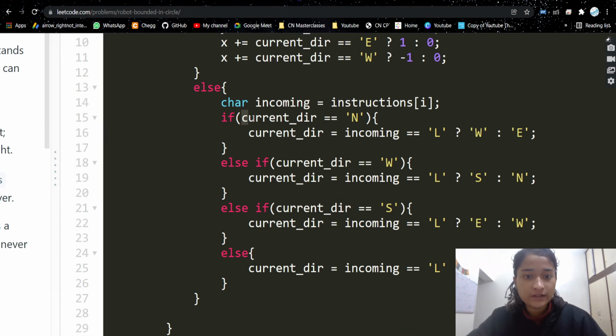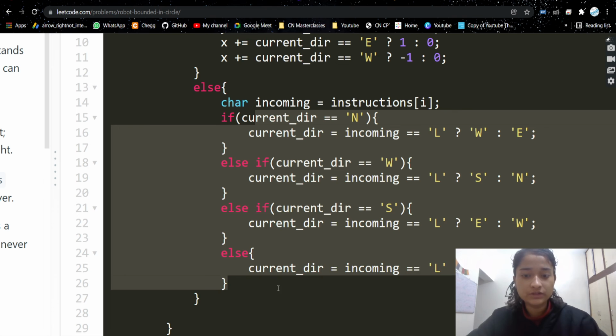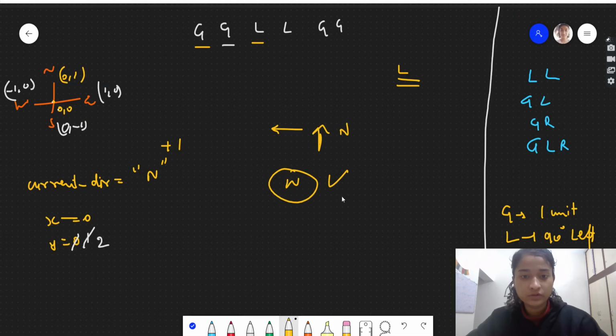So if the current direction is north and the incoming is left, we have to turn the robot left, and the direction will become west. These are all the conditions. So right now after this L, the current direction will become west.